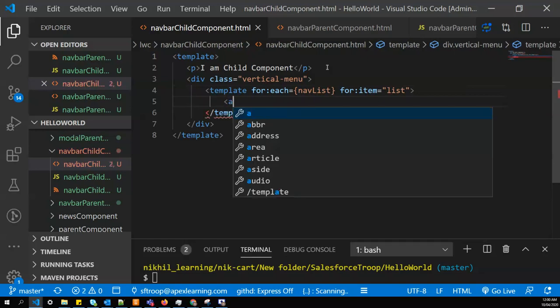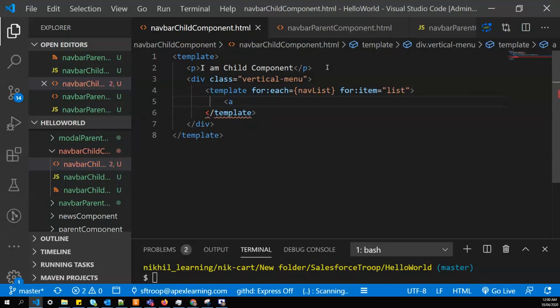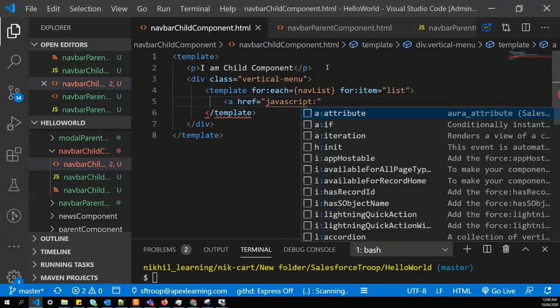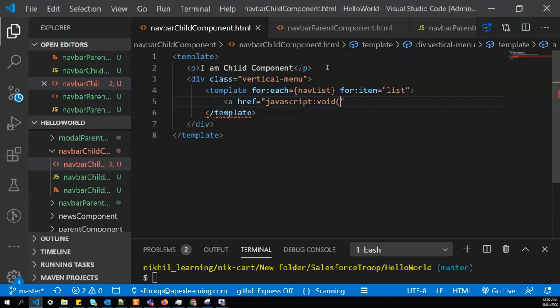and within this we'll create one a tag. I'll define href javascript: void 0. If you don't want the default action of an a tag, you can use this property, so it will not navigate anywhere.